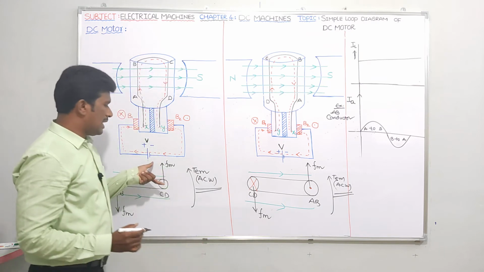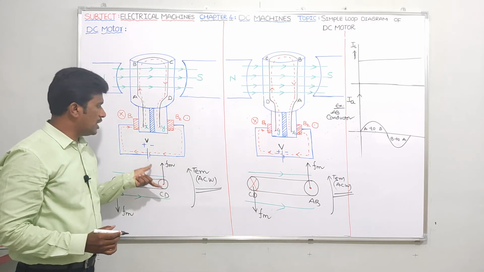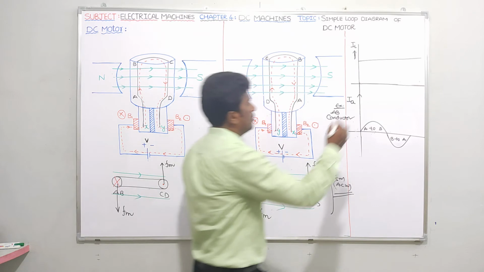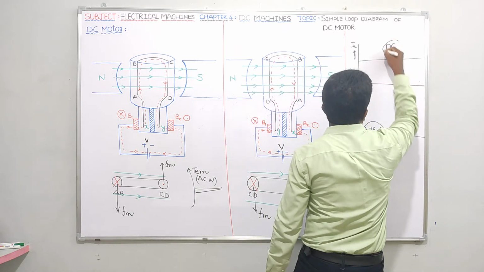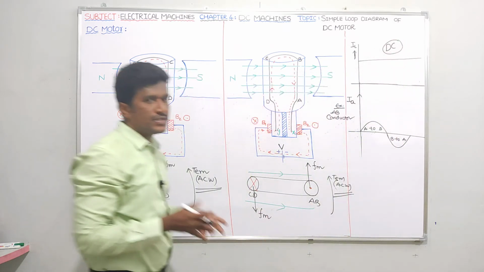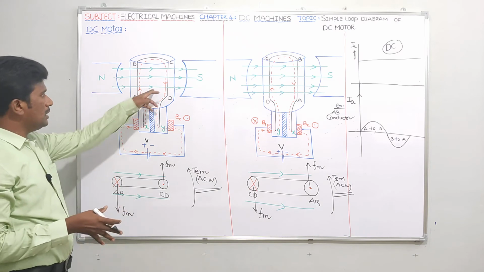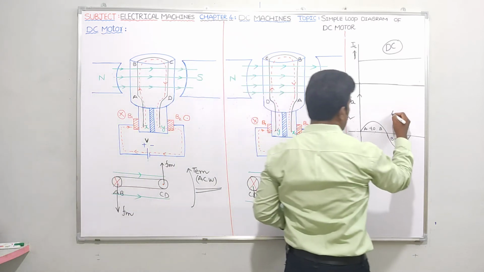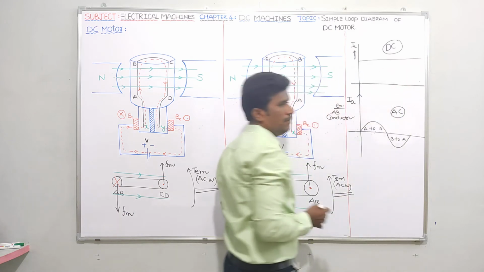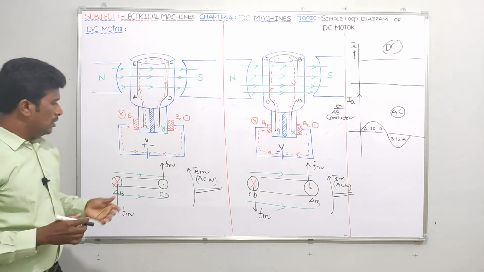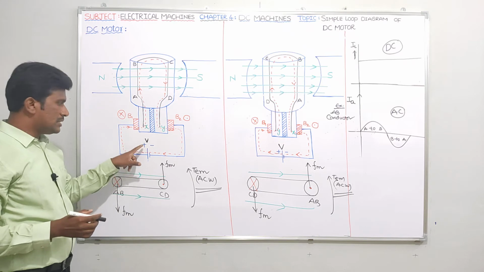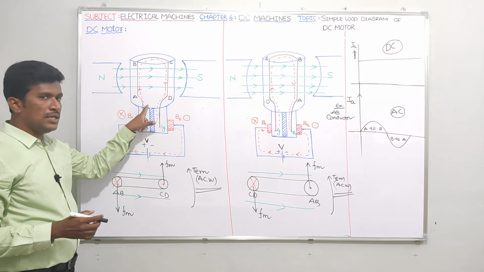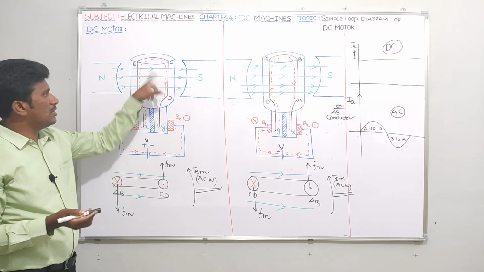What is the line current waveform shape in a DC motor? DC supply. Okay, and which type of supply do you get in the armature winding? Nothing but the armature current waveform, AC. Tell me how it's happening. Though we are giving DC supply, this DC is converting into AC, then AC is entering into the armature winding.